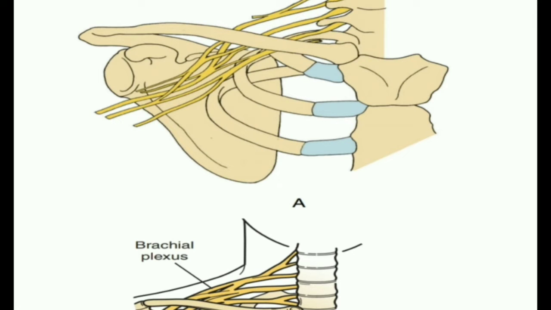So the sternoclavicular joint is the articulation between the medial end of the clavicle and the clavicular notch of the manubrial sternum. And that makes the joint incongruent. Now we need to understand the associated structures. First one is the disc.